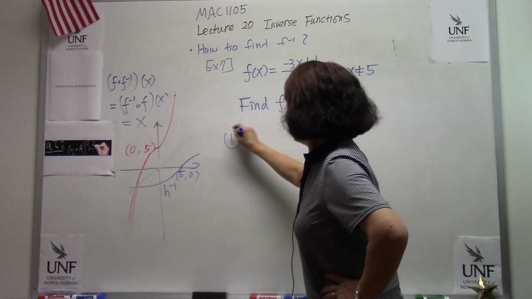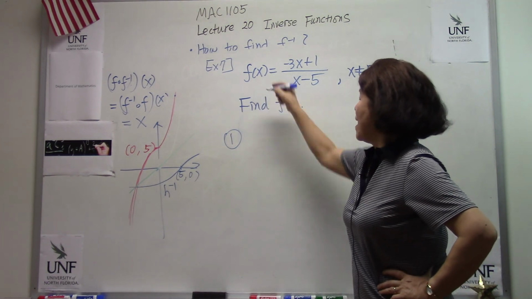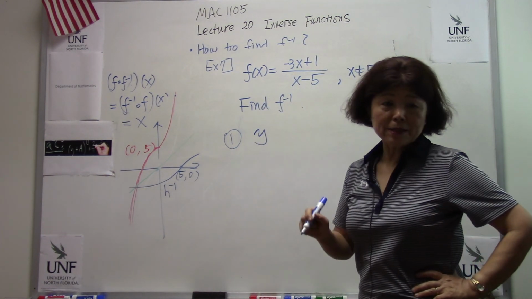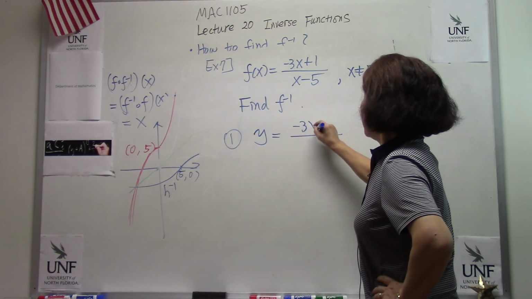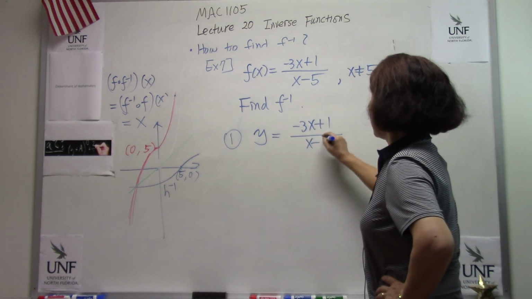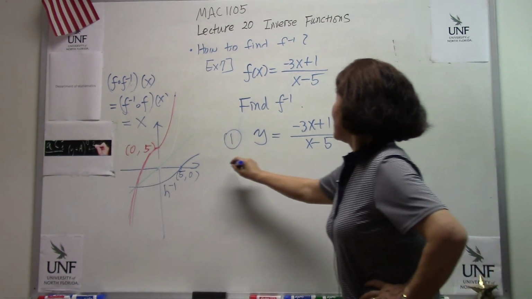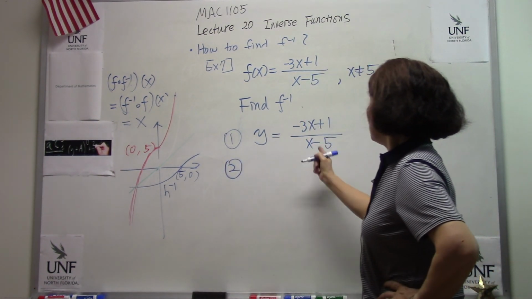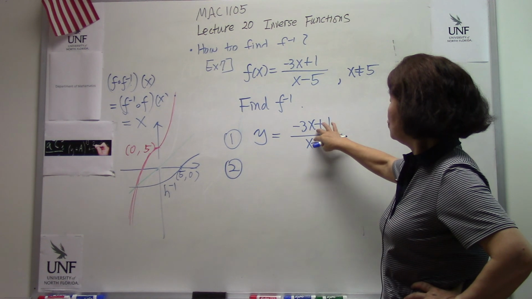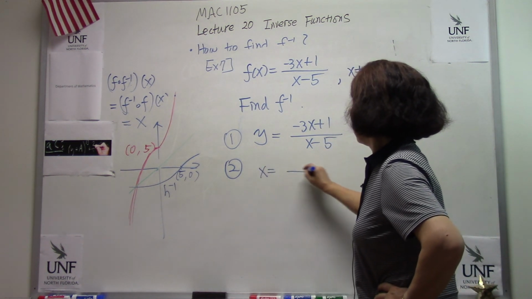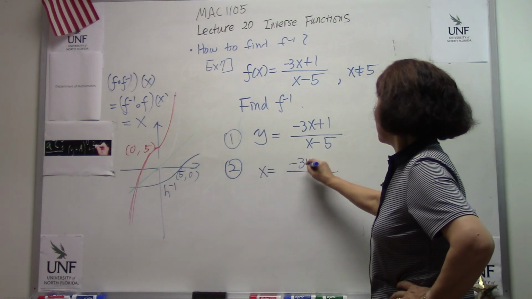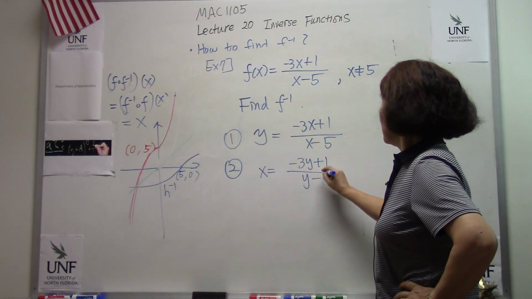The first step, instead of f of x, we use y, so make it simple. Y equals negative 3x plus 1 over x minus 5. And the second step, you swap x and y, but there are two x's, correct? So x equals, that means you are going to see two y's over here. Y minus 5